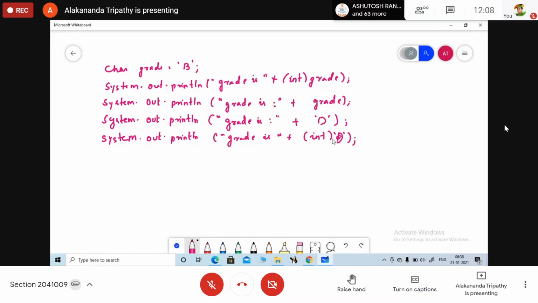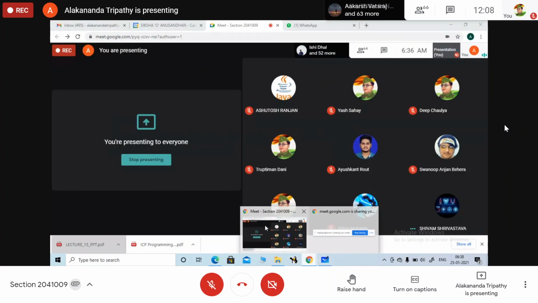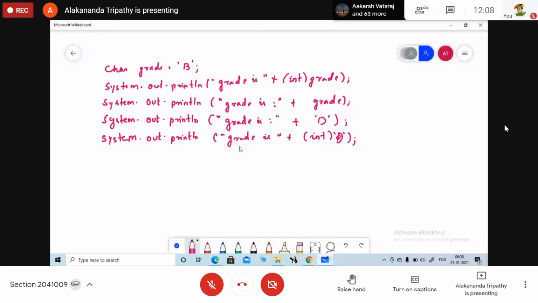Okay, so all of you check the questions carefully. We have already discussed this in the assignment. Can anyone tell me what will be the output for this one? System.out.println grade is grade. Here what will be the value? Here it will be B. And here what will be the output? 66.